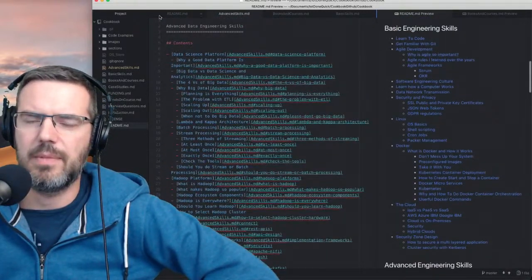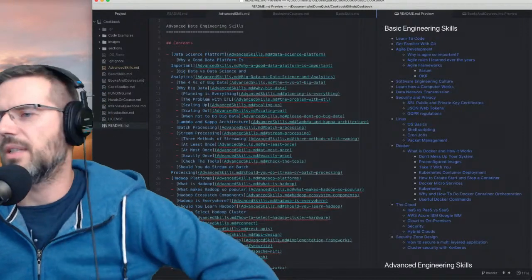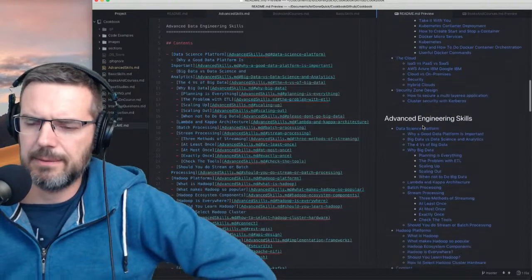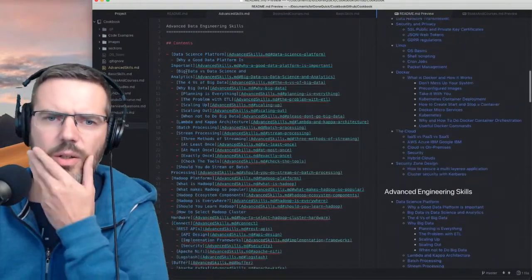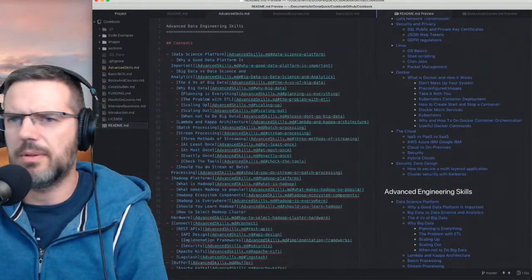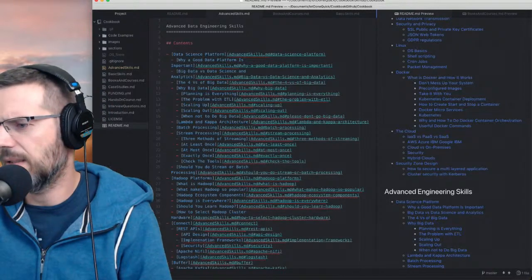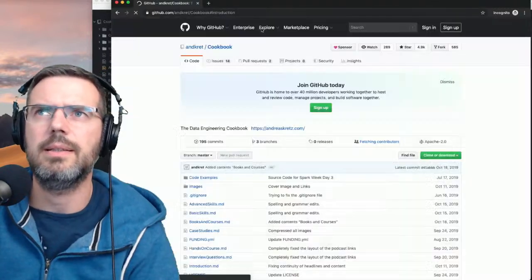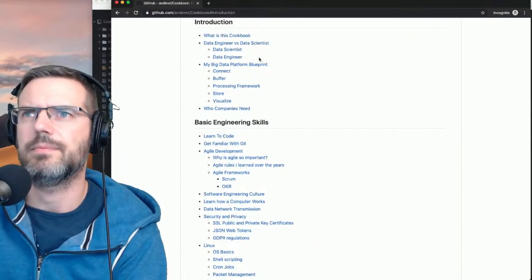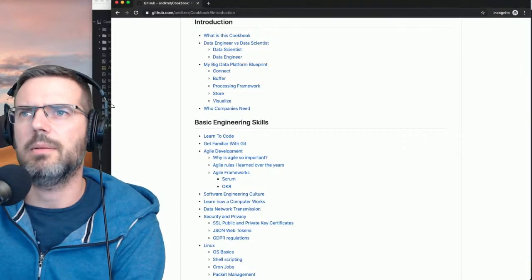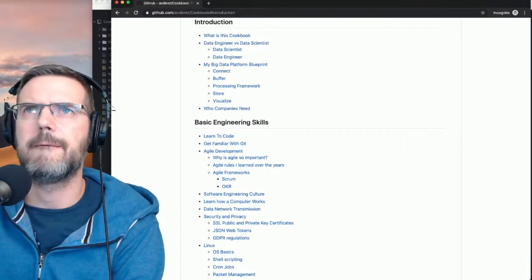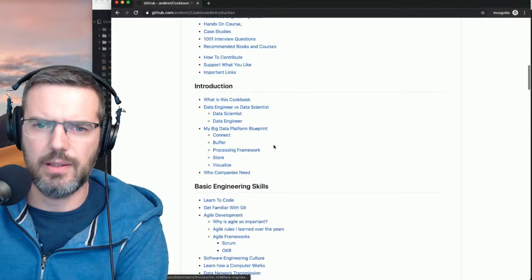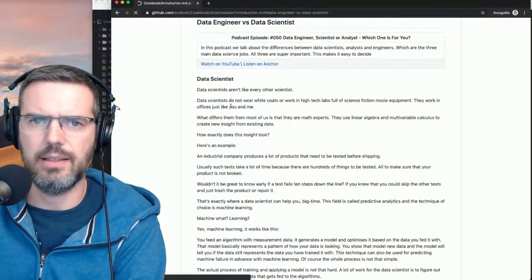It's a markdown file. I'm using GitHub, or putting it on GitHub, and I don't know if you remember. Let me bring up the cookbook quickly. So, in the introduction, I have